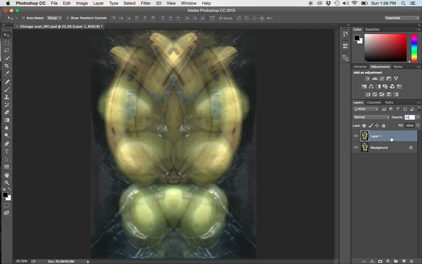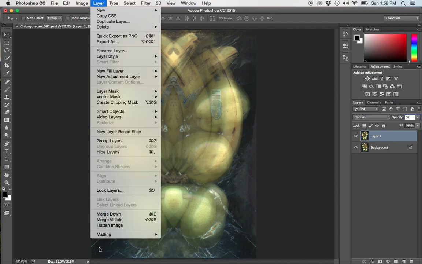It's the exact same thing as if it was produced by a mirror on one side or the other. I want to make a composite of this now. I don't want to lose this, but I don't want to get rid of these guys either. I don't want to squish them down to nothing. Well, if I went up to the word layer on the top, I could see that I've got some choices